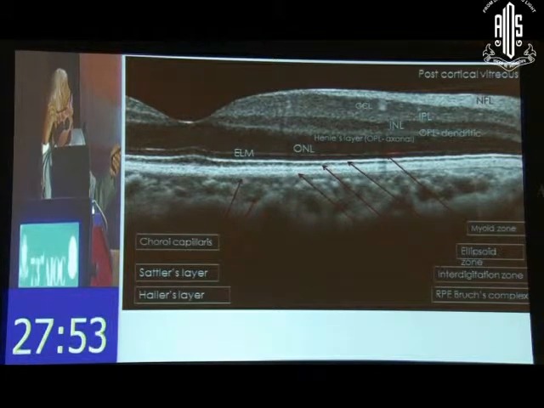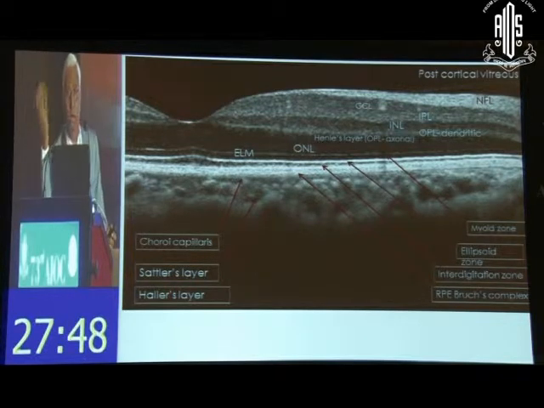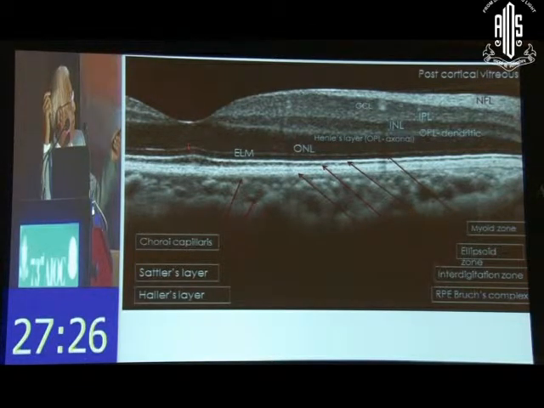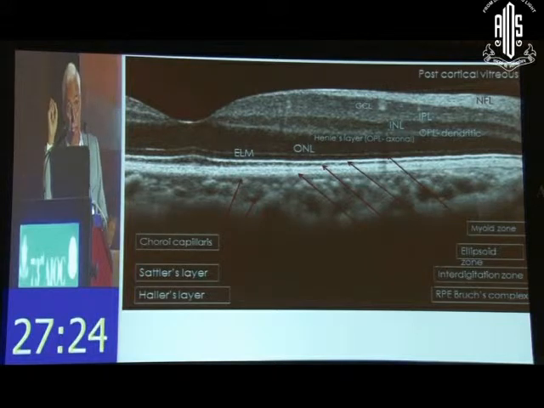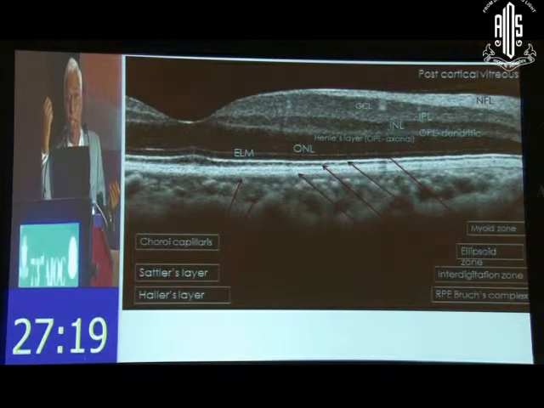But this outer plexiform layer, in general, please understand that plexiform layers give you a hyperreflective shadow and nuclear layers give you a hyporeflective shadow. The outer plexiform layer is further divided into the dendritic part, which is coming from the nuclei of the bipolar cells, while the axonal part is coming from the nuclei of the rods and cones. The axonal layer is very, very hyporeflective, and near the fovea forms a major part of the thickness of the retina, and that's what is called Henle's layer. That's where you get most of the fluid collecting in cystoid macular edema.